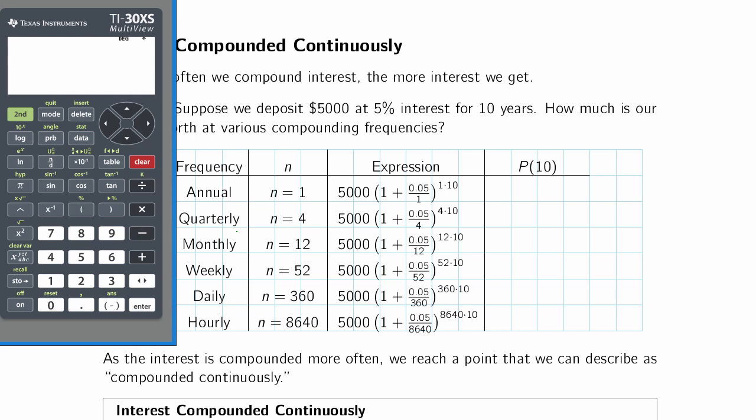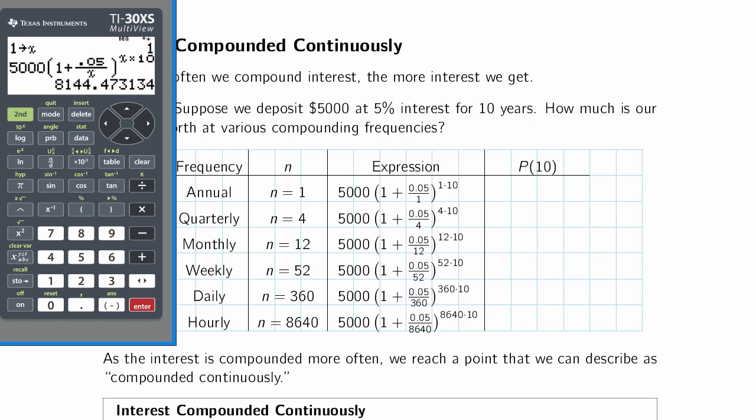I'm going to do a little bit of calculator trickery to prevent having to enter this expression over and over again. I'm going to take 1, my first frequency, and store it in x. And then I'm going to have 5,000 times (1 + 0.05/x) to the power x times 10. And now whatever value I have stored in x is going to be plugged in the place of my 1 here. When we compound once a year,